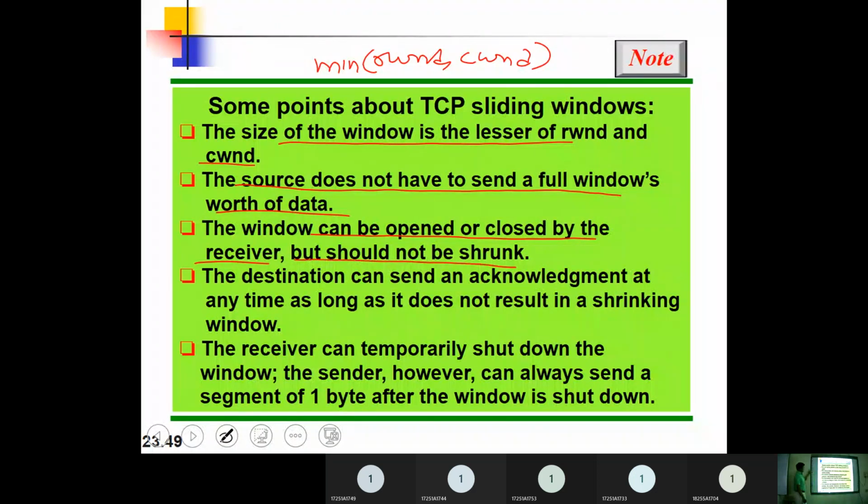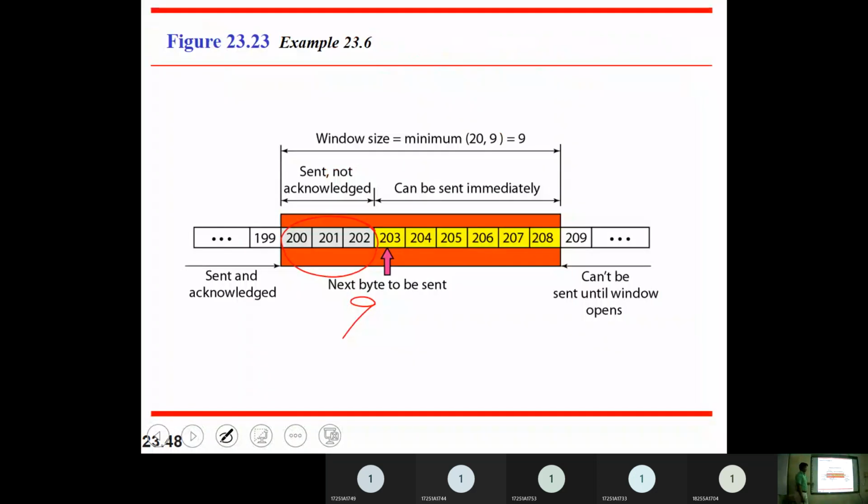What it means is, the receiver can close this particular thing or it can open. But after you have updated, like I have 9 bytes of memory, without giving any acknowledgement, you cannot shrink this particular thing.